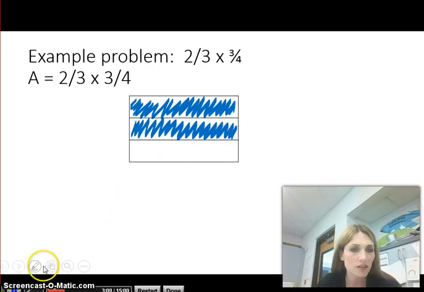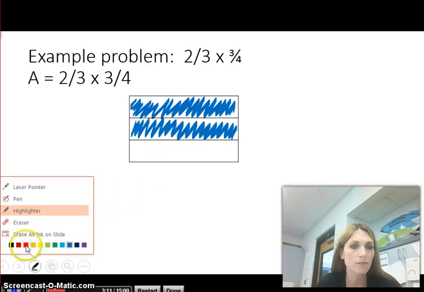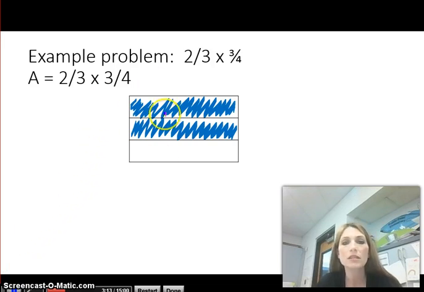Now I'm going to change the color here so it makes it a little easier to follow. Let's go to red. And now I'm going to divide my rectangle into 4 equal pieces. So I'm going to try to do the best I can with that. We're going to divide it right down the middle. Now I know I need to shade in 3 of my 4 equal pieces, so I'm going to do that with the red marker. There's 1/4, 2/4,